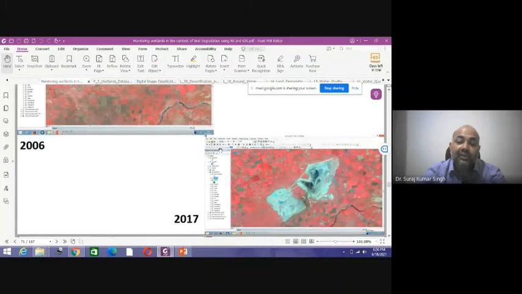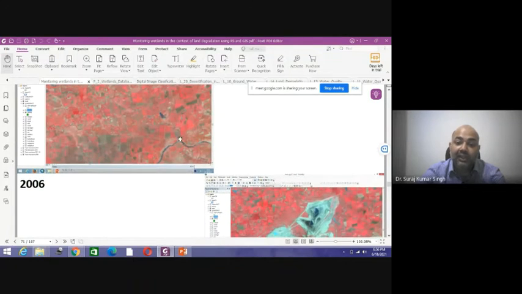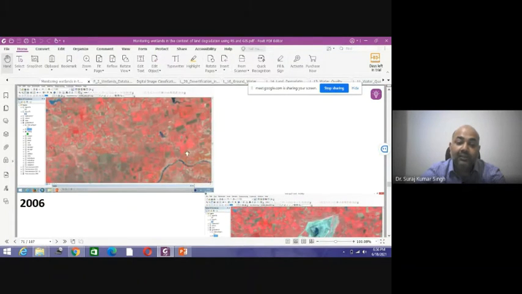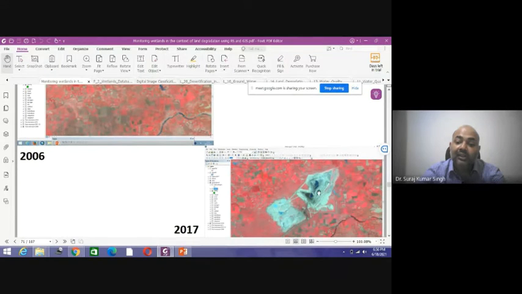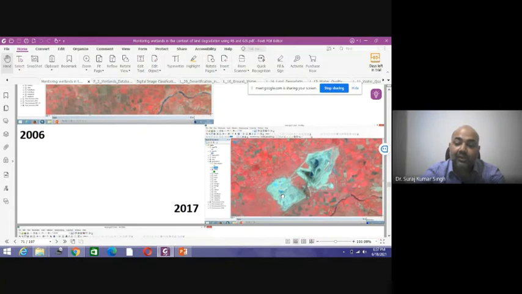In the same way, you can see that in the past there was no mining activity being done in this part of the area, but gradually a large part of the area has been mined, and that is generally open cast mining. It can be brick laying or extraction of some ore resources in that area. And you can see the changes in this mining activity, how mining can gradually degrade the quality of the soil, and you're making a productive land into an unproductive category.